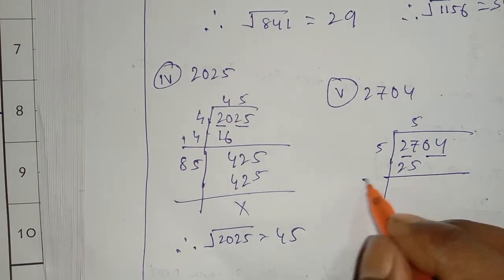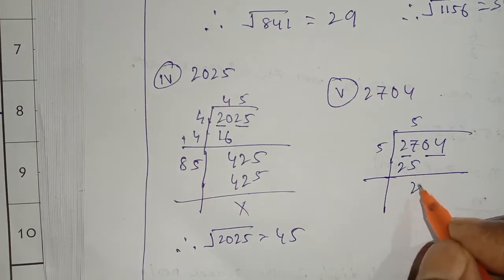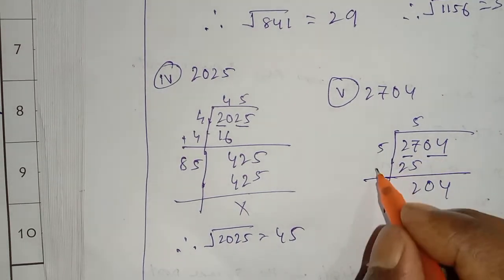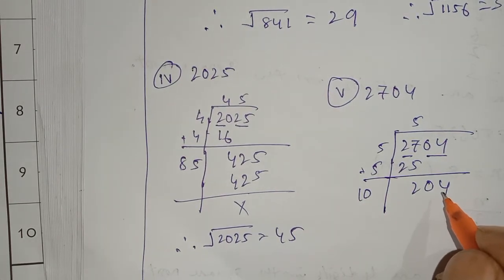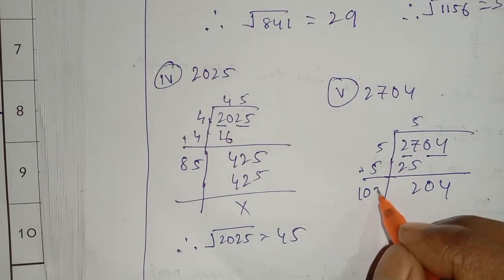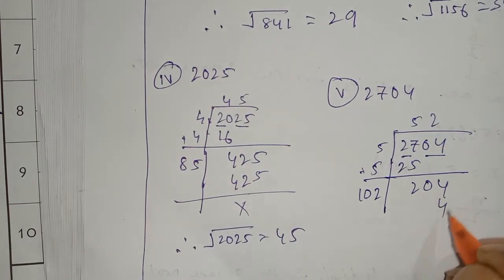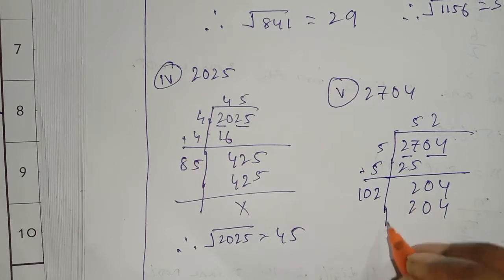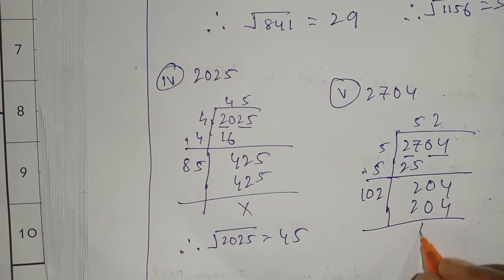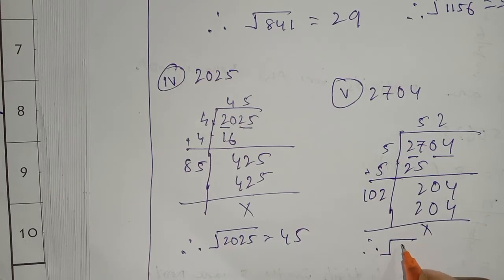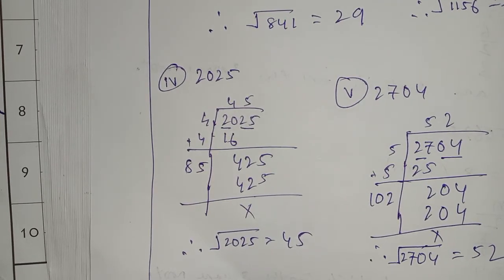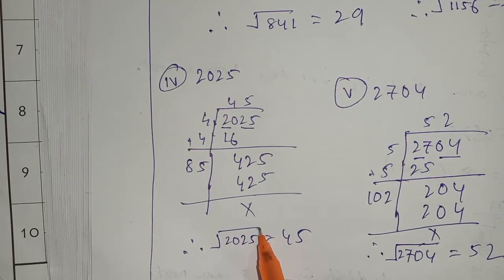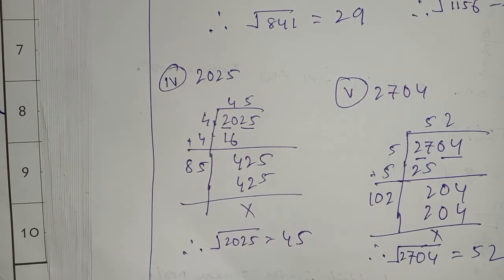Now if we minus this, then what will we get? 7 minus 5 is 2. 2 minus 2 is 0. Then now comes 0. Now 5 here will be plus. Then means what? 5 5 plus, then 10. Then with 10 what number can we put? If we put 2, then 2 2 is 4, 2 0 is 0, 2 1 is 2. Then what will be got? Cancel. So therefore square root 2704 equal to 52. Okay. Now see here, for square root you must put the whole number, not only half. You have to put the whole.